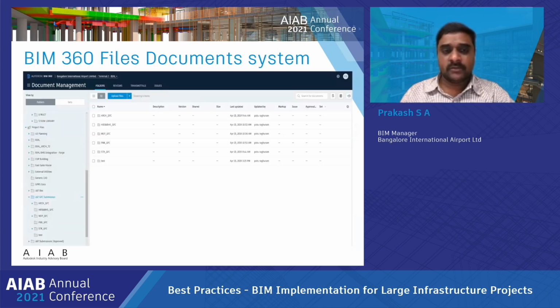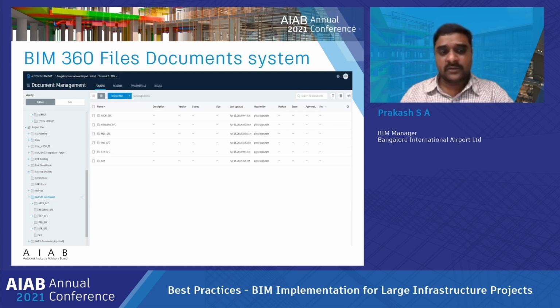After the LOD 300 level, once the subcontractors come in on a particular scope of work, we set it up as a separate folder. So the GFC submissions, now all the vendor files are added, and we segregate these files into the vendor scope of work and particular disciplines. Suppose you select HVAC: the duct goes to one vendor and the pipe goes to another vendor. So we segregated the files like that.